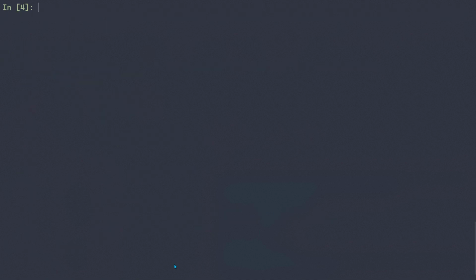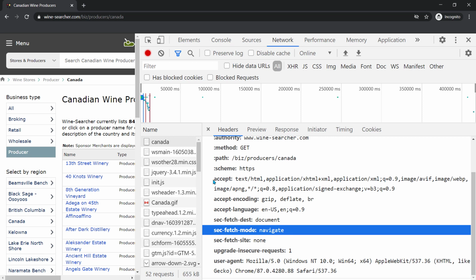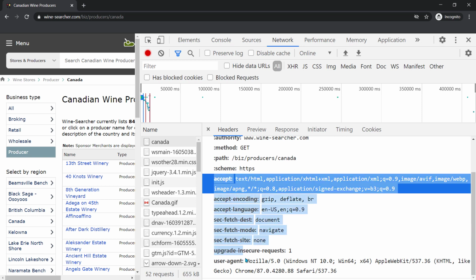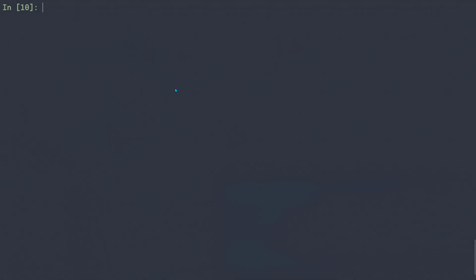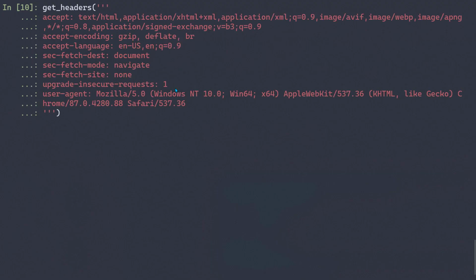So I'm just going to press Ctrl L to clear everything. And now from the browser, copy everything, all these things. Even if you have cookies, it doesn't matter. Just copy everything. And we will call this getHeaders function and pass in this string. We will use triple quotes, this convention, so that we can pass in all the lines.